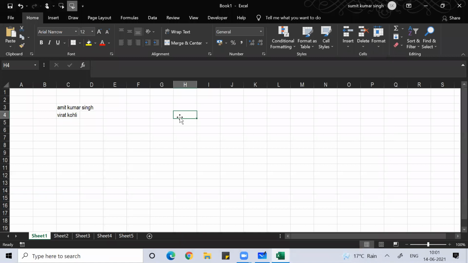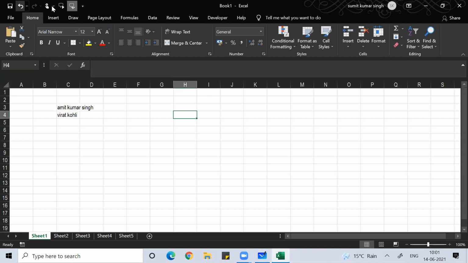I'm just doing a quick revision of all the features we have discussed till now. You can see at the top you have a title bar, with a name called Book1 by default. If you want to open more workbooks, you can press Control N, N for new. By pressing Control N, you can open as many workbooks as you want. When you want to close them, you can press Control W or Alt F4 to close the workbook.